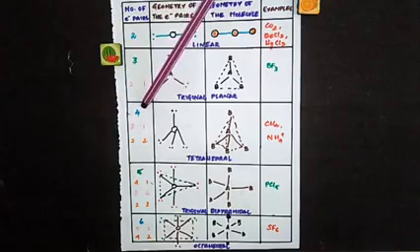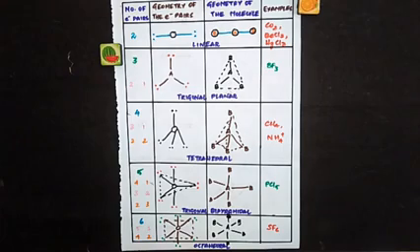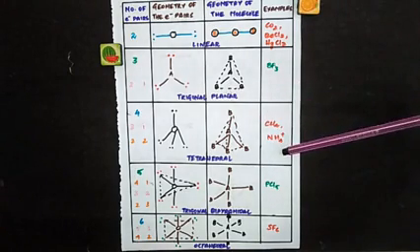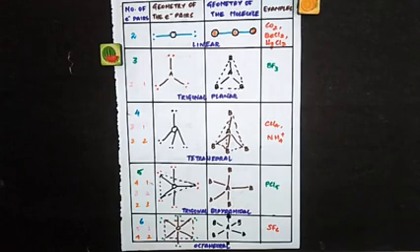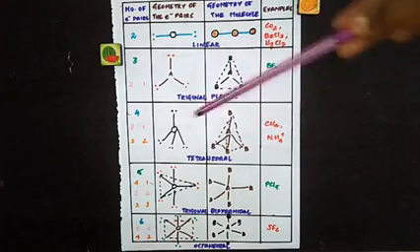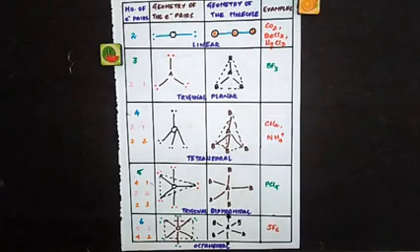When there are 4 bond pairs, this will be the arrangement. We call this a tetrahedral arrangement. Examples for this tetrahedral arrangement are CH4 and NH4+. And remember, there will be bond angles. We have learned about bond angles under bond parameters. In the case of a linear molecule, what will be the bond angle? 180 degrees. Here in this case, the bond angle will be 120 degrees. In the case of a tetrahedral molecule, all the bond angles will be similar and equal to 109.5 degrees.